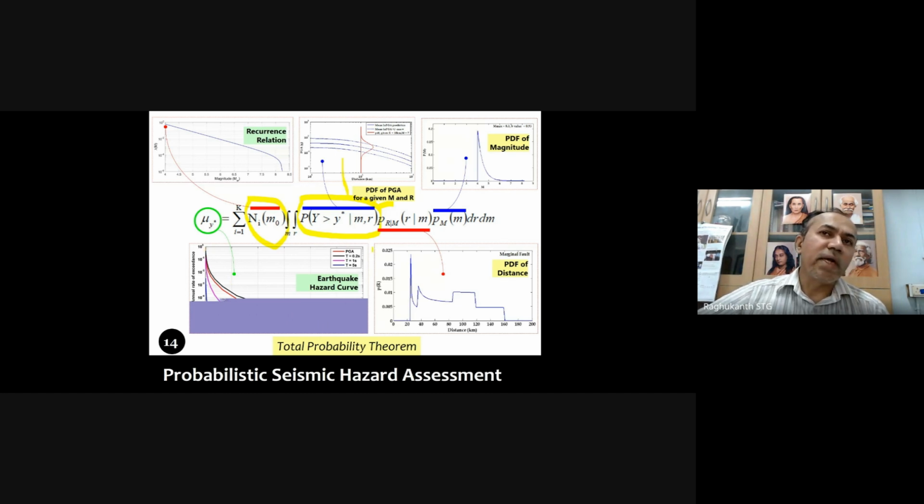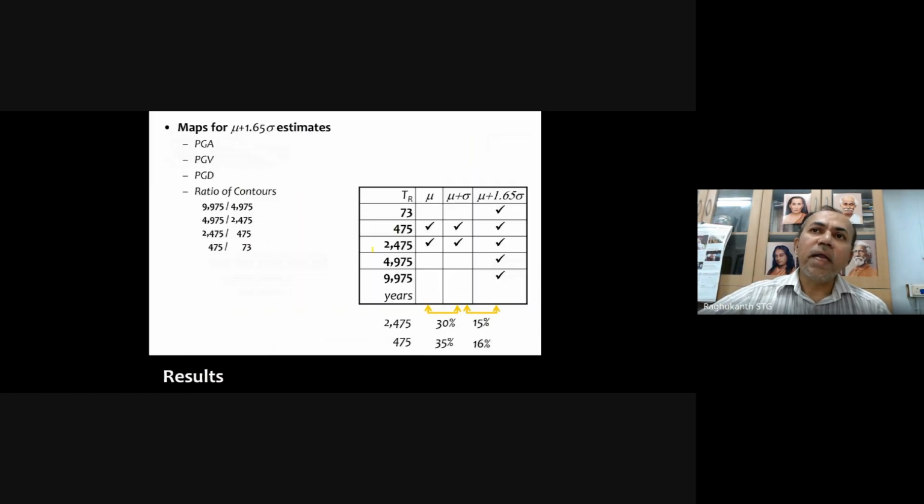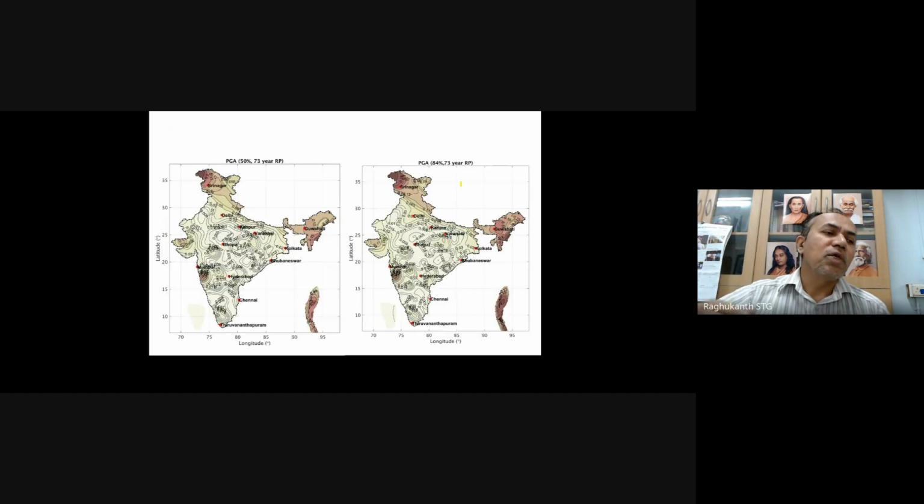So we computed the hazard curve for all possible periods, like PGA, 0.2 second, and the entire response spectra has been obtained from hazard analysis. Since we are doing it by PSHA, you can compute the hazard curve. That means you can compute values at 73, 475, whatever return period you want. Not only that, if you are interested, you can calculate mean plus sigma, mean plus 1, the 84 percentile. All those numbers also can be calculated from our hazard curves. So we developed several contours.